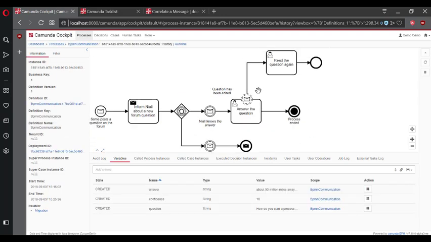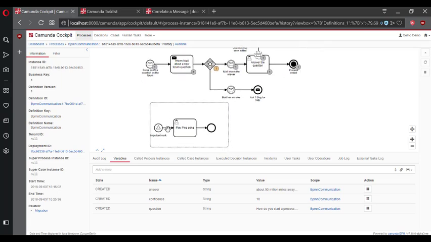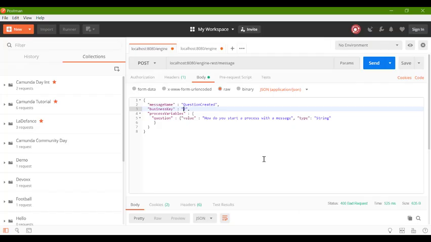So next, let's try some more tricky things. Let's see what happens when my important work needs to be done, and of course when we need T-Dog's help for something. So for this, we're going to need to start up a few more instances of our process. So let's head back to our message and let's create a few more questions. So let's start by changing this to why will Camunda not start? Question mark. Good question. So let's send that one in.